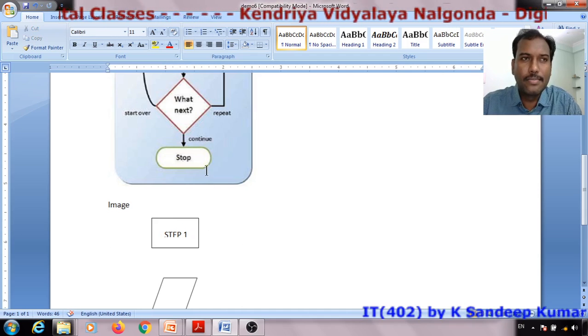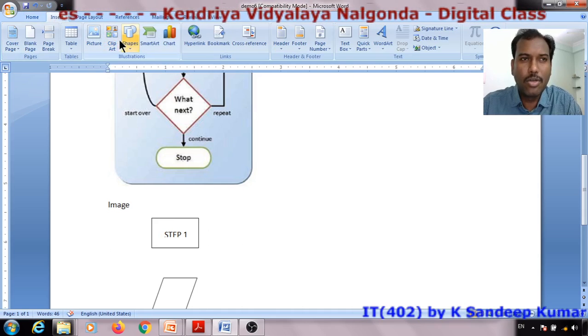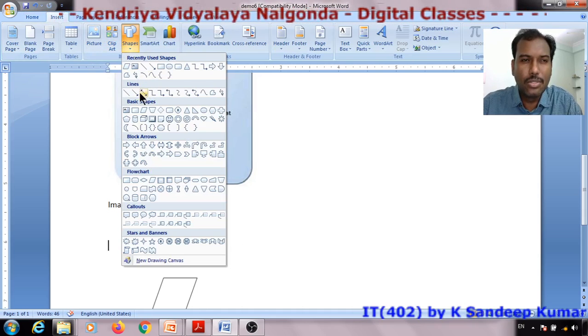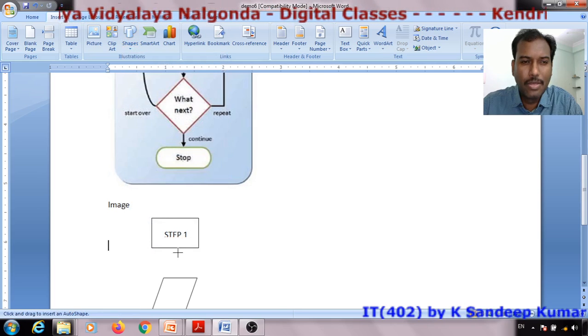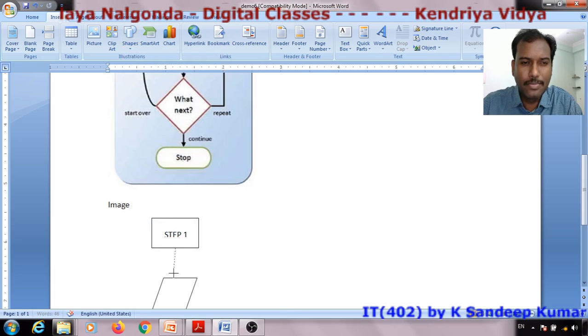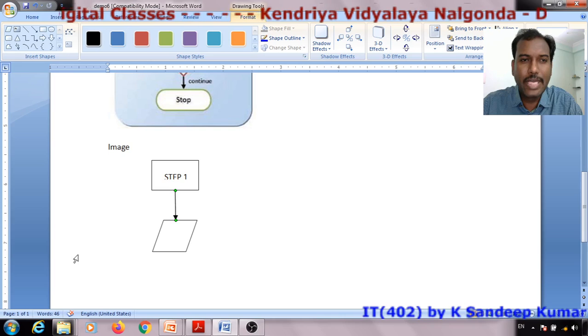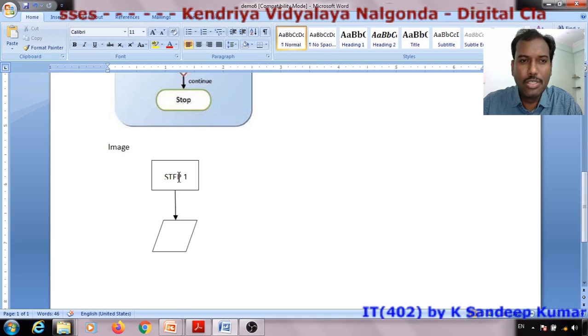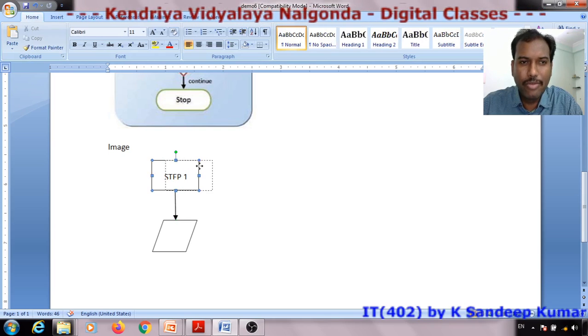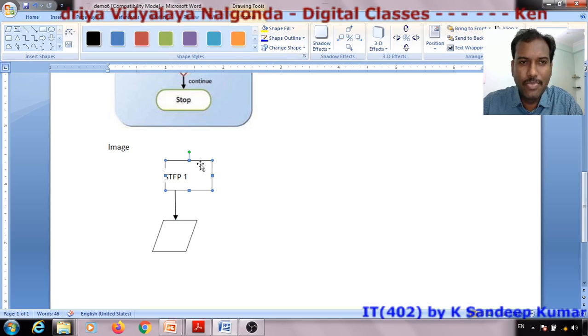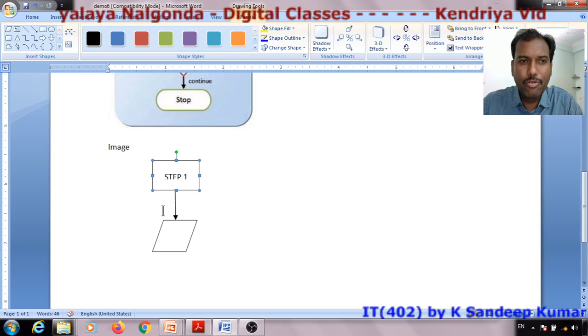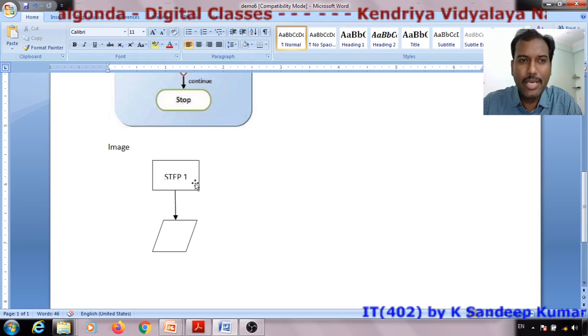Okay, now connector. All the shapes are already available here. Just select the lines connector from here to here. Okay, I'm not drawing completely. Now let us suppose the diagram is completed. If you want to move this image and you move it, it changes. So once the diagram is completed, we should make it as an image.